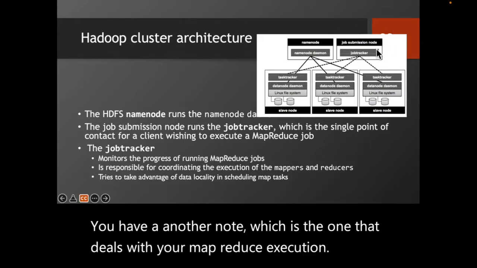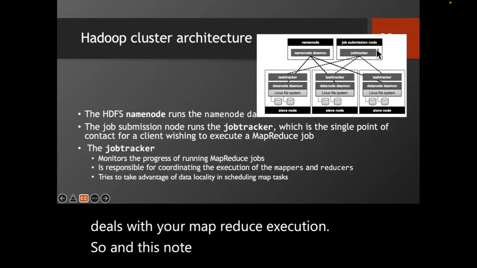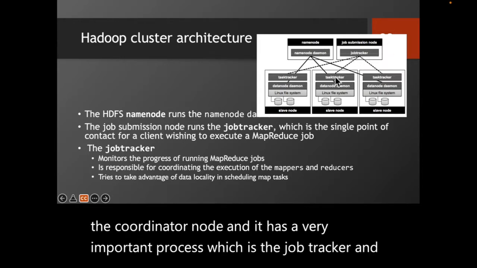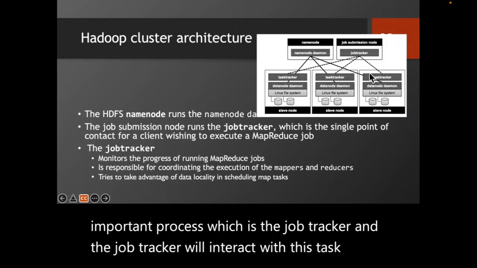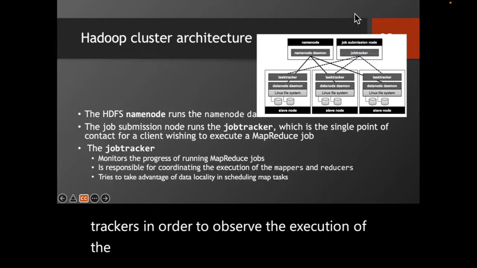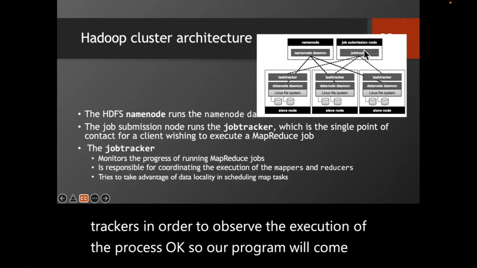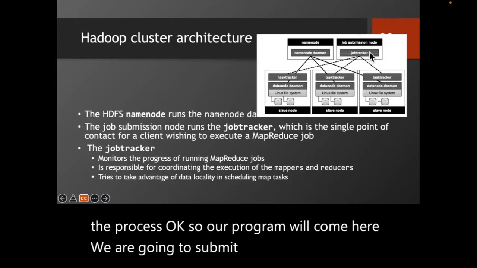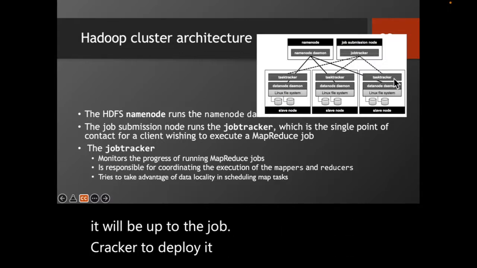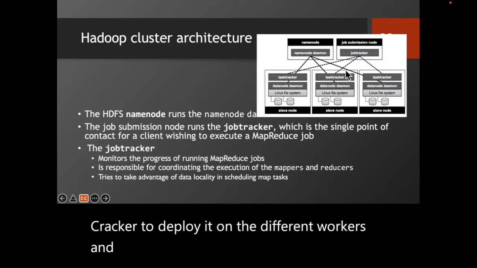This node is called the master or the coordinator node, and it has a very important process, which is the job tracker. The job tracker will interact with these task trackers in order to observe the execution of the processes. So our program will come here. We are going to submit our job here, and it will be up to the job tracker to deploy it on the different workers and interact with the workers